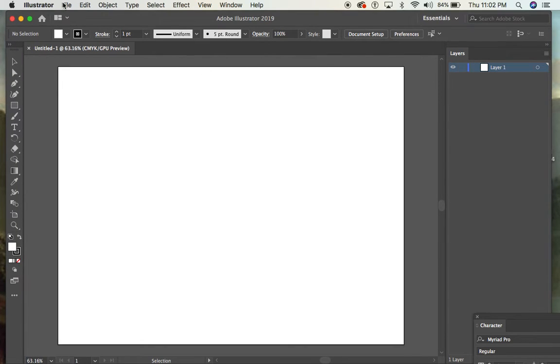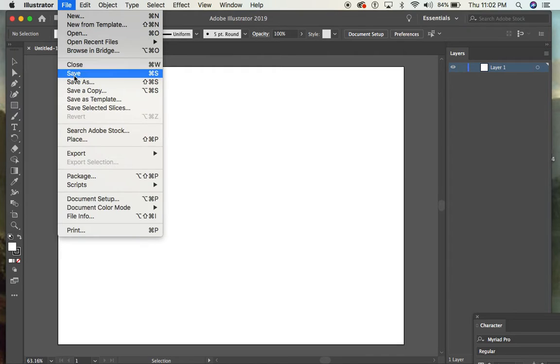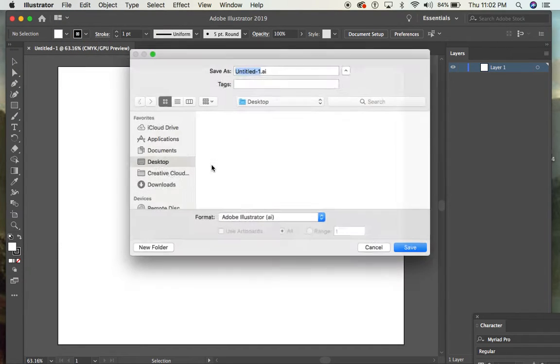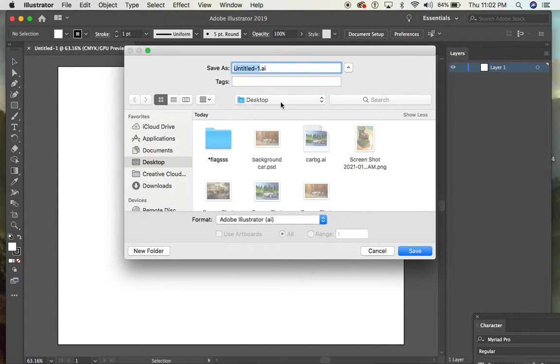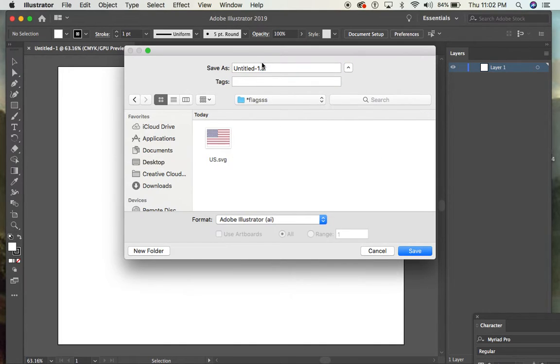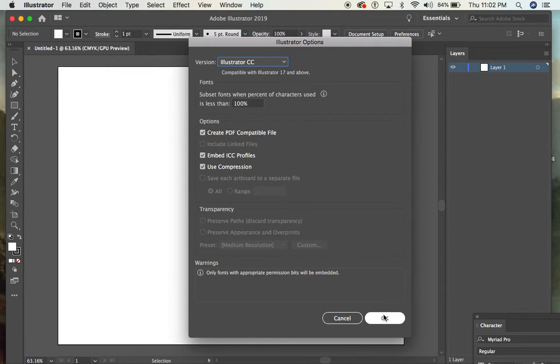The first thing I should always do is save my file, Save As, and I'm going to put this on my desktop. I've got a flags folder here. Now I'll call this flag1, Adobe Illustrator file, AI, save. Okay,